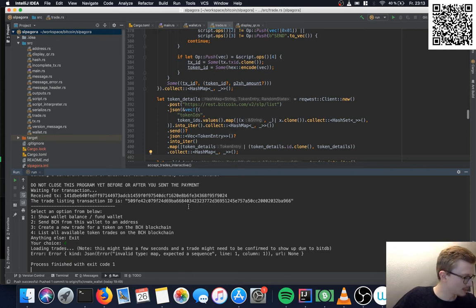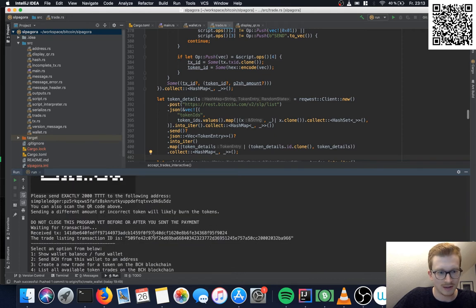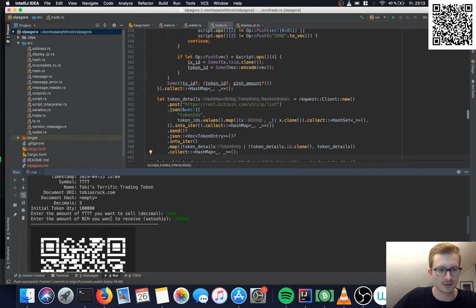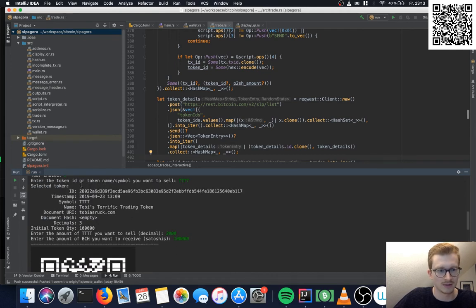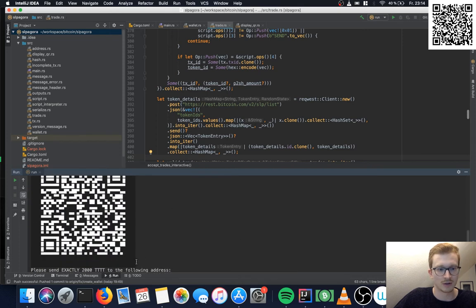Okay, so let's go a bit more into the nitty-gritty details. When I requested, okay, I want to send this token with this sell amount and this buy amount, it generated a smart contract for me.